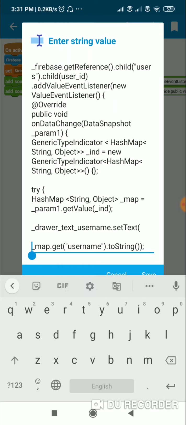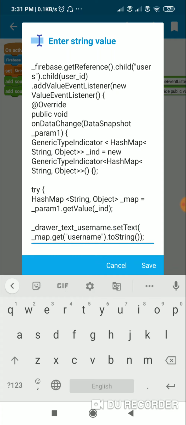So this we can set as the text of text_username, and to get the ID of any view in the drawer we have to add _drawer_ before its ID. So the ID of the text view will be _drawer_text_username.setText(_map.get("username").toString()).